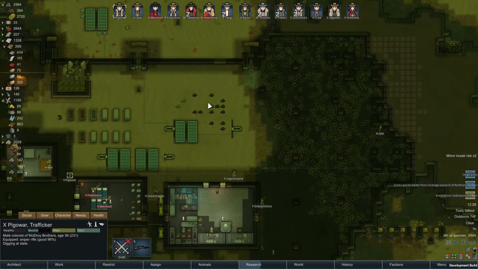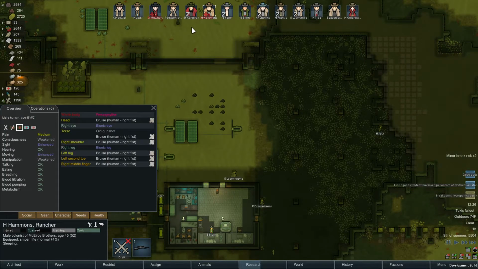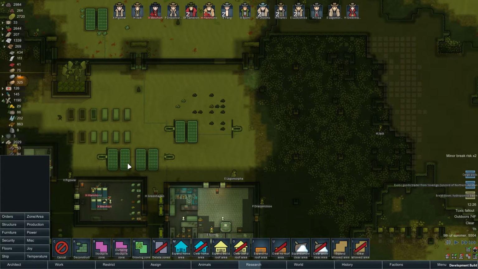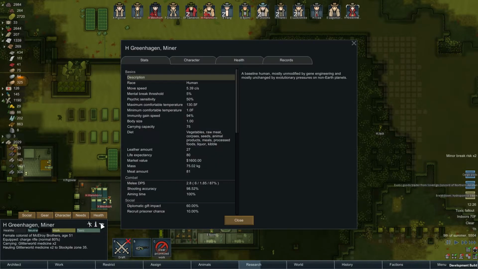Who gets the bionic eye here? I believe already pretty good. Maybe Greenhagen? Oh, you already have a couple of bionics. Lagomorpha? I'd rather give the bionic eye to somebody that's a shooter. I feel like all of our shooters already have bionic eyes, except for the prostophobes, and I don't want to do that for sure. What other jobs really require good vision? It's too bad you can't sort by that sort of thing. If I look at the details in here,